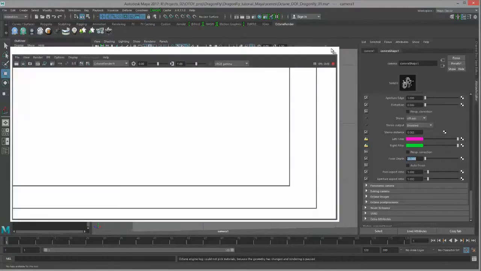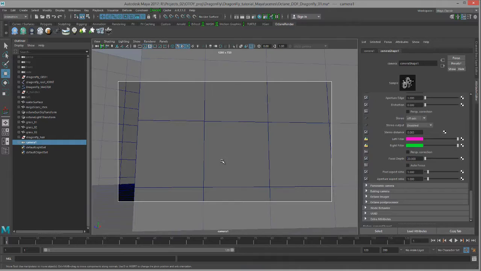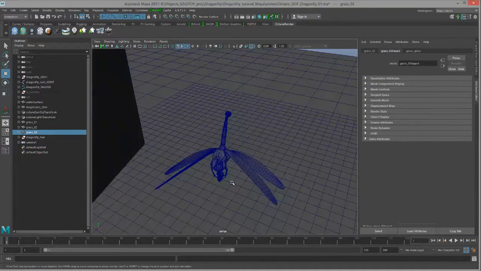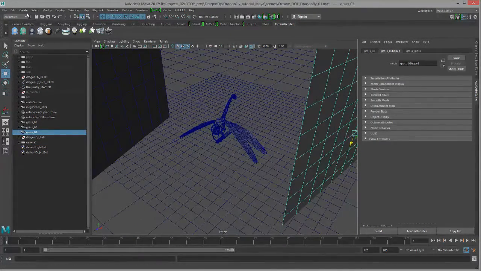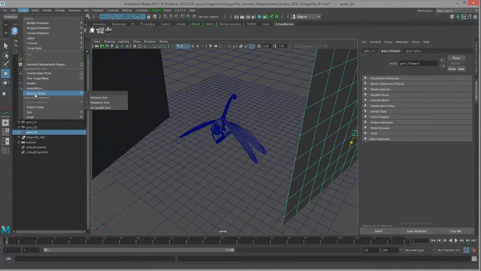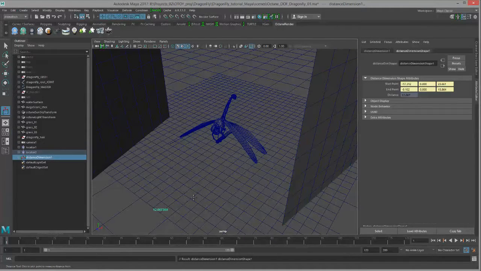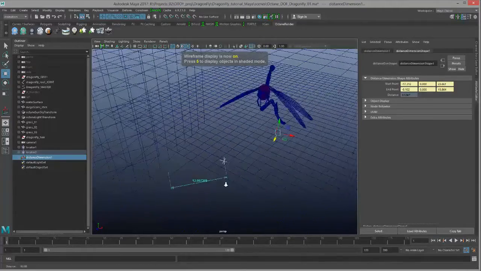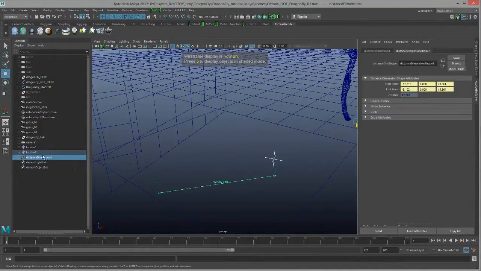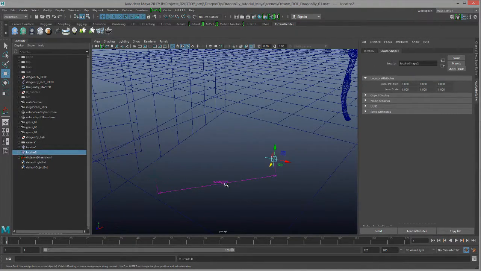So I'm going to close this for now and switch to the perspective view, and let's choose Create, Measure Tools, Distance Tool. Once this tool is active, I'm going to click once in the scene and then again. Doesn't look like much happened, but I'll hit the Enter key. Let's press 4. And you can see what the measure tool does is it creates 2 locators and then this